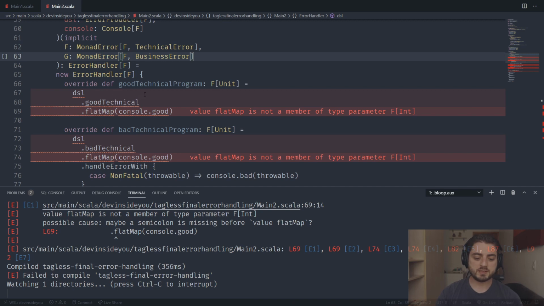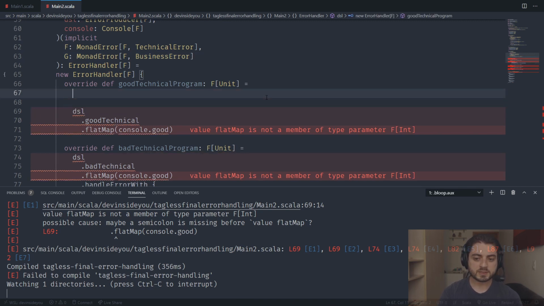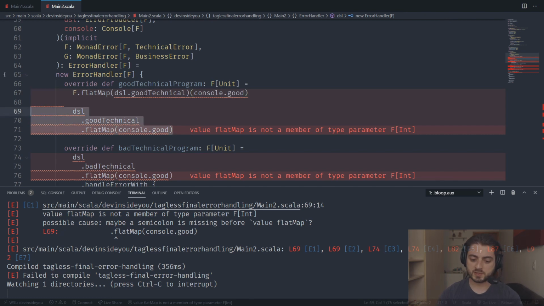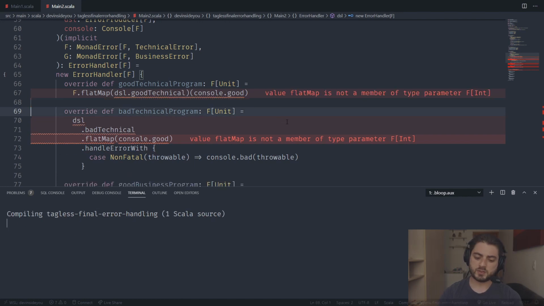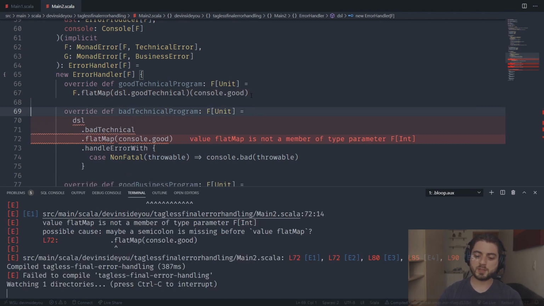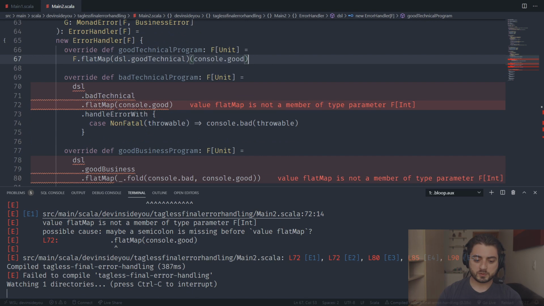Okay, so we basically need to go back to the good old syntax. So we're going to do F flatMap DSL good technical. Okay, and over here we're going to do console dot good. Okay, so this is exactly the same code, just like the old, how should I call it, data driven syntax or something. Okay, so over here,